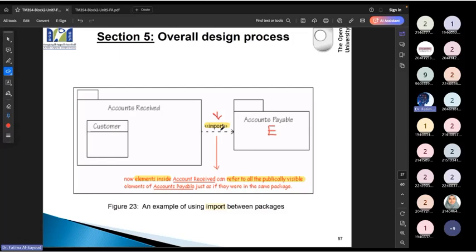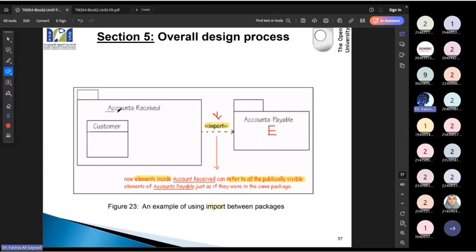I'm going to give you a fun example to memorize this. Let's assume you and your sister are really good with each other. So you tell her everything in your room is okay to be used by her without asking before. She's not supposed to ask your permission; you tell her anything in your room, you can use it. Now this is import. Import, you can use it directly.